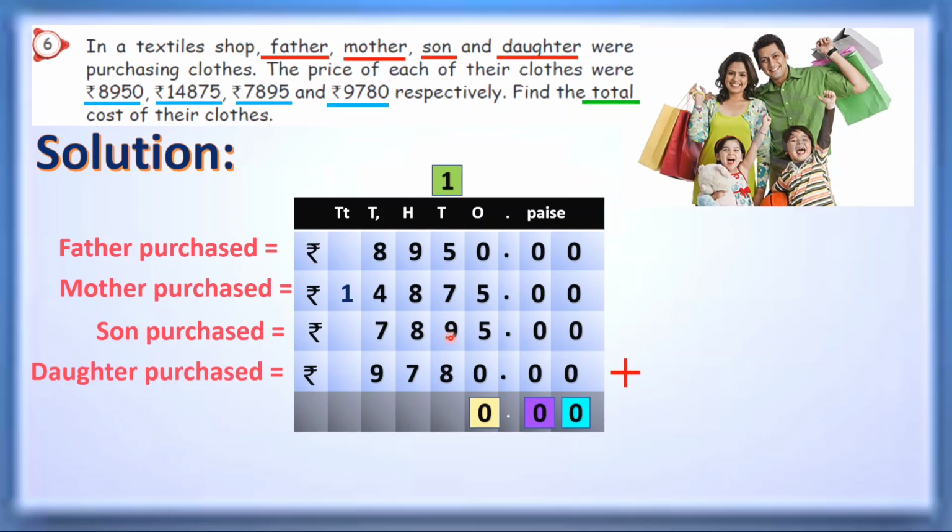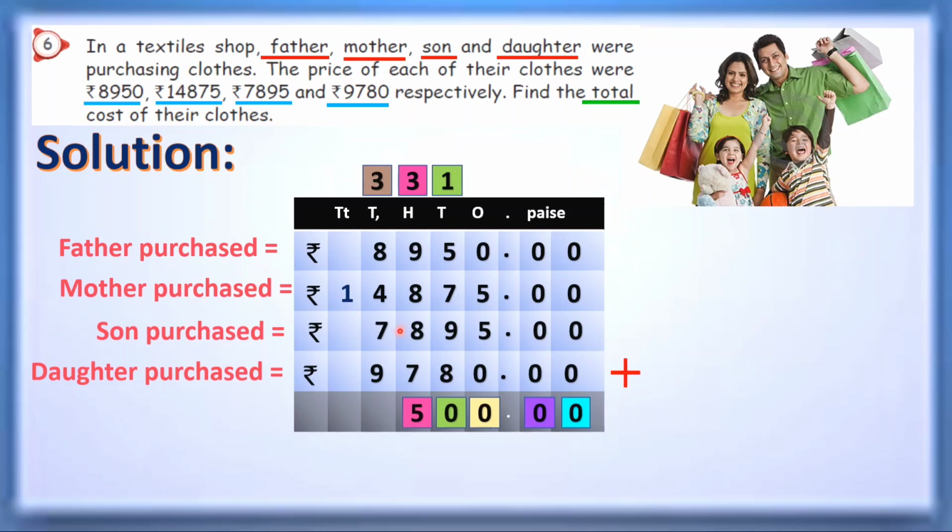See this, 9 is here. 9 plus 1, 10. 10 plus 8, 18. 18 plus 7, 25. 25 plus 5, 30. So 0 here and 3 above. Then let us connect 3 with 7, isn't it? We get 10. So 7 plus 3, 10. 10 plus 9, 19. 19, 20, 27, 35. So 5 will be here and 3 must become above.